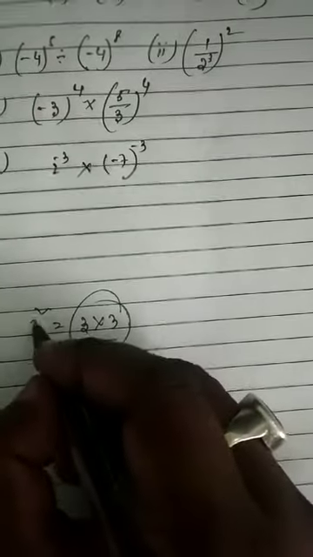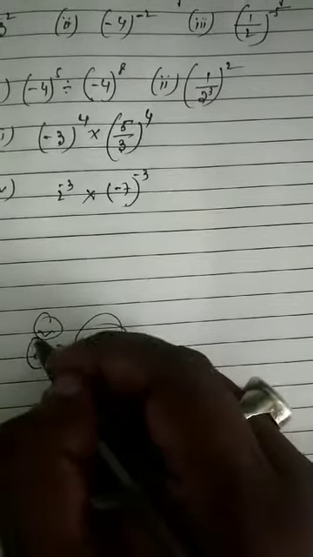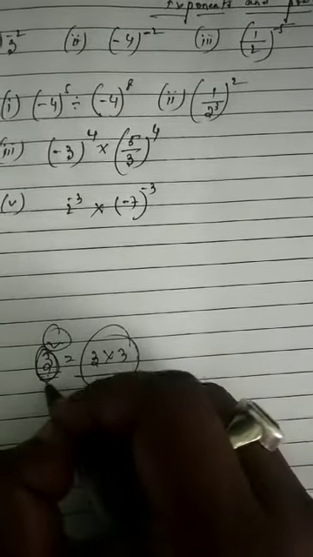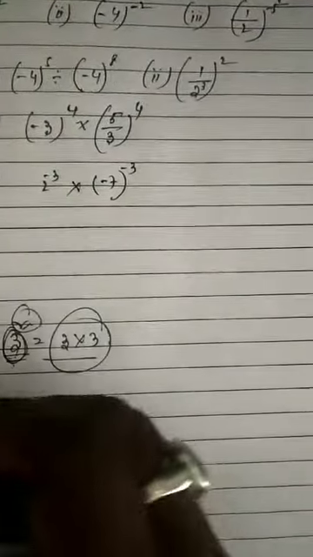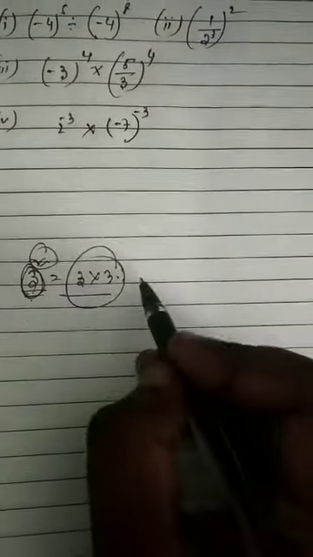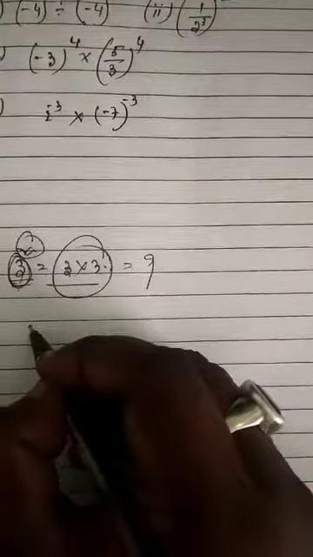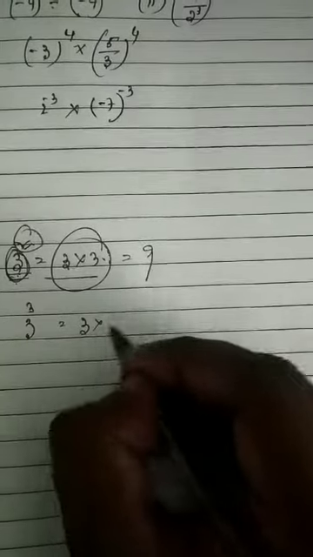The number which is 3, that is called the base, and the value which is on the top, that is called the power. The base value is 3, and the top value, on the top of 3, is called the power. So 3 square means 3 into 3. The number will be multiplied twice. 3 threes are 9. We have done these things in class 7. Suppose I'm saying 3 to the power 3. It means 3 will be multiplied thrice.